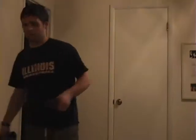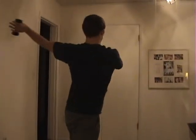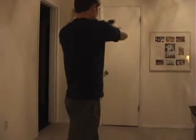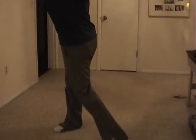Alright, that's 2 minutes. You get a rest on this one just a little bit. Start off with your hands up in front again. We're going to slide down our left and then slide down our right. Remember to rotate your feet as well when you're doing this. So really stretch it out. Really try to stay slow. I do this one really slow and controlled, and that way I can stretch out my core as I'm rotating to the back side. Just like in everything else that we do,